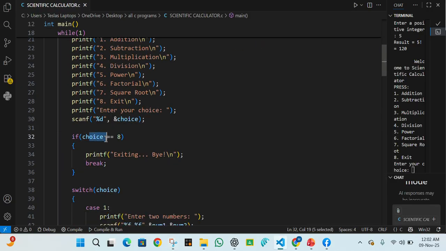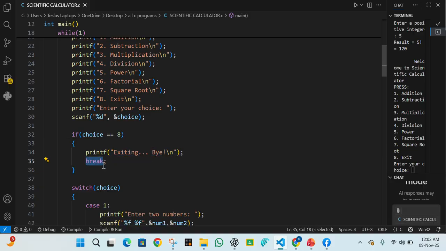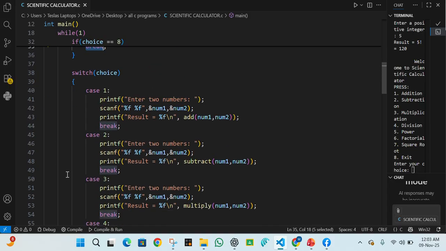If the choice is 8, then the program will print exiting bye, and it will break and come out of the loop. Then I have used a switch statement. The switch statement handles each of the cases, for example, case 1 for